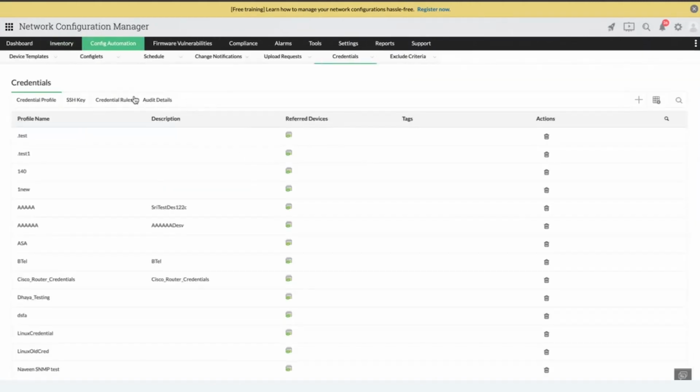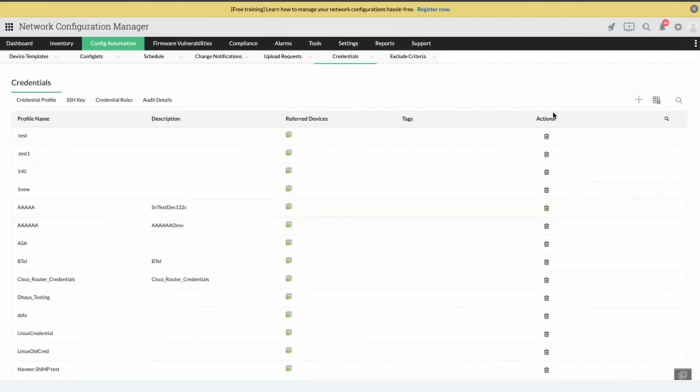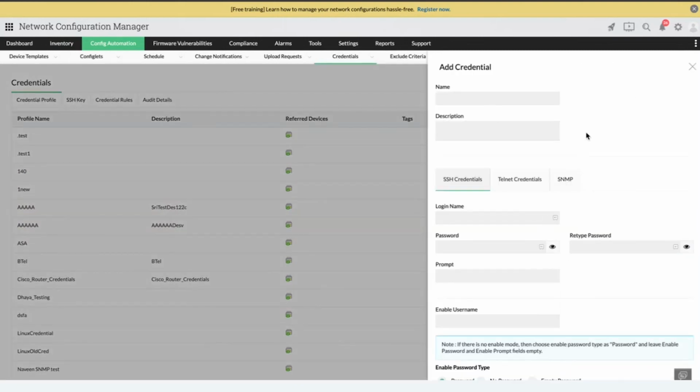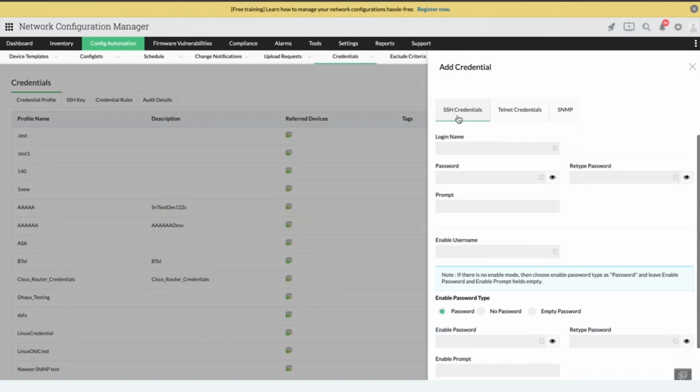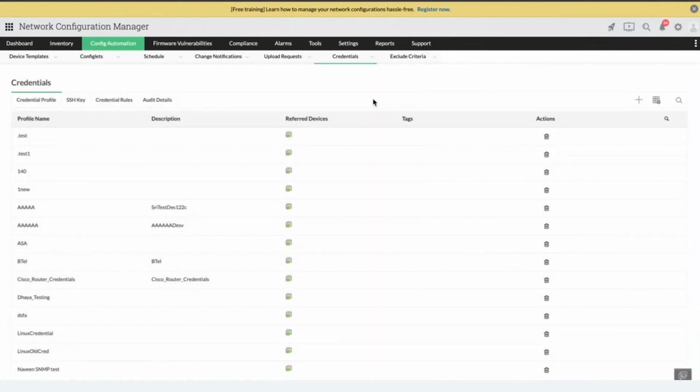So config automation credential. Here you can see credential profiles. So these are some of the credential profiles created. To create a new one, you can just click on the plus symbol over here, and provide the name and description. If it is SSH, you can provide the login name, password, prompt, and whatever details you want, and just click on save. After clicking on save, this particular credential profile will be saved and it will show in the device discovery screen. So you can just select the particular credential required and proceed with the